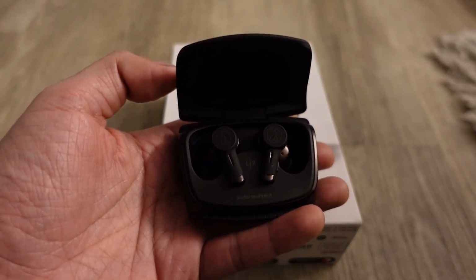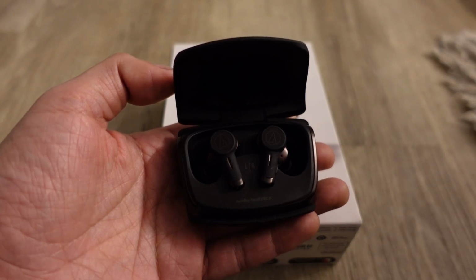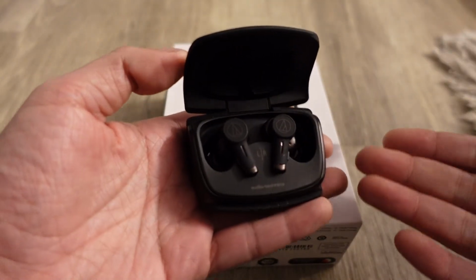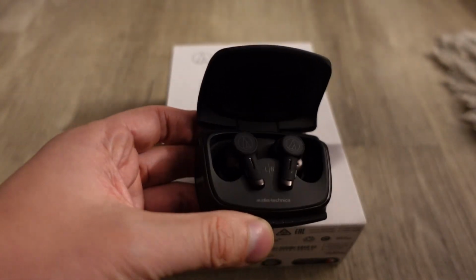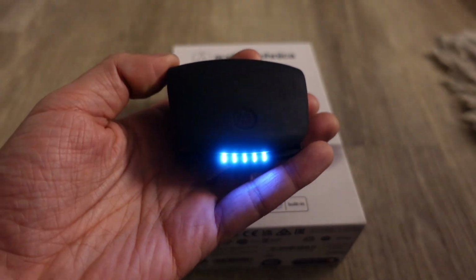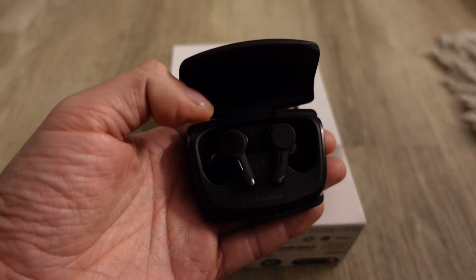But yeah, definitely out of all the wireless earbuds I've tried, previously the Sennheiser Momentum True Wireless 3s and the Master Dynamic MW08s were my top choices for sound quality. The Audio-Technica has now beaten them, well, actually equaled them in detail, but beaten them in soundstage, which means that this is now my top preferred choice out of all wireless earbuds, which is very impressive. So props to Audio-Technica. You know, what don't they do well, right? They do microphones, they do headphones, they do phono cartridges, turntables, they do everything well,